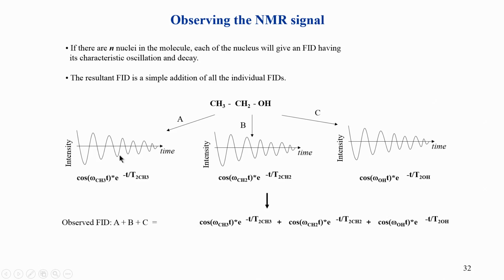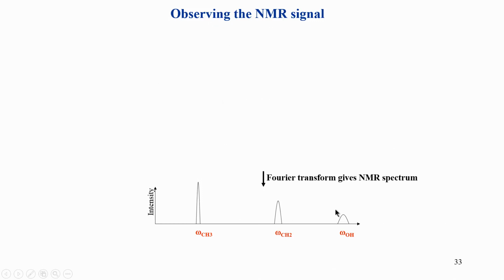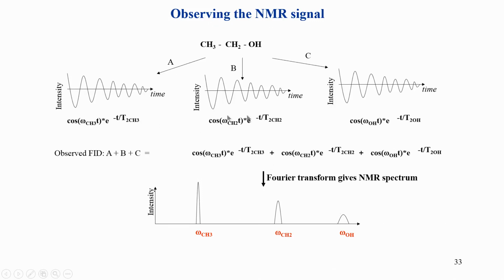One thing which is missed out here, and you should keep in mind, is amplitude. You see here this is CH3, so it will be 3 times stronger, 3 times higher in amplitude compared to this, which is 2 times, and this is 1. So, this term will have a factor 3, this term will have a factor 2, and this term will have a factor 1. That is how, if you do a Fourier transform of this combined FID which is detected at the detector, we end up getting 3 signals corresponding to each of these, and the omega CH3 signal is shown 3 times stronger compared to CH2 and OH.